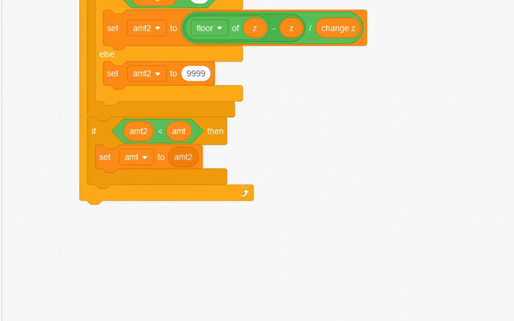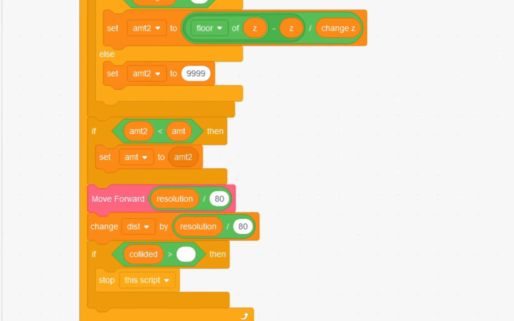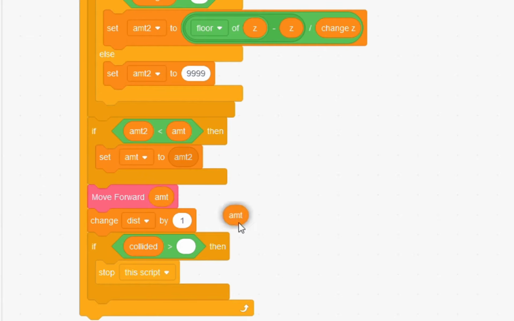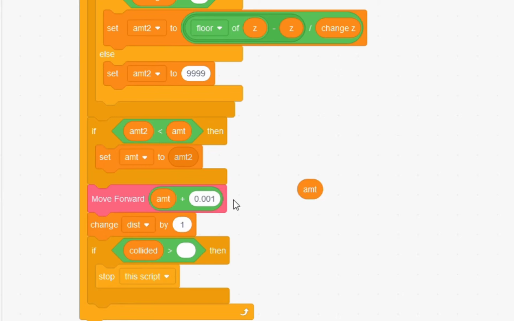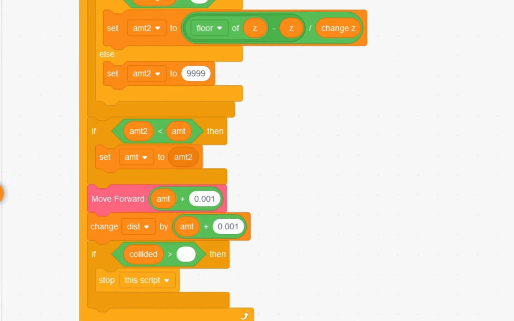Now then we can move forward by amount, and change dist by amount. However, if we just move by amount, depending on the direction we're moving, we might not actually get into the next block over. So we need to just add a small number, 0.001, to this amount, just to make sure that we get to the next block. If we don't add this, there is a chance that we get stuck in an infinite loop because amount could